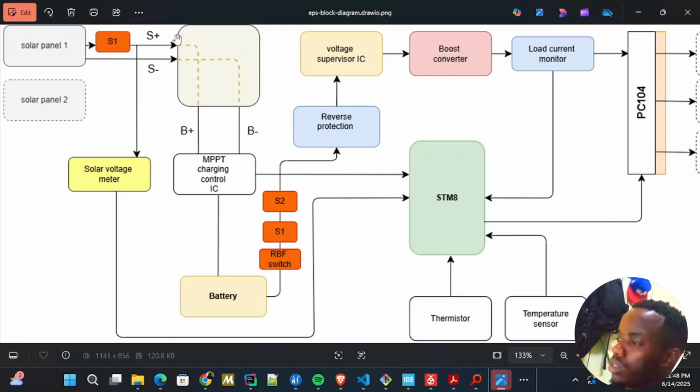This here is more of a distribution board. There's no function or use. Basically, it's just like a distribution board for connecting different wires. But since this will be a PCB, then these are block diagram constructs. Anyway, solar positive, I've drawn